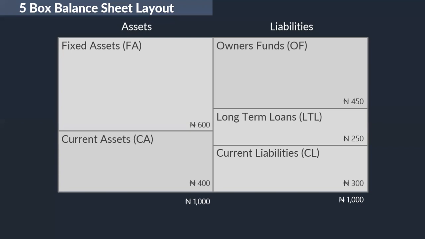So long-term loans and owner's funds are a long source of funds. Based on funding match, they are expected to fund only fixed assets, which are a long use of funds in our balance sheet. But looking at this now, you can see there's already a funding mismatch. The short-term side says current liabilities are supposed to be funding current assets equally. Now, looking at this, there's a funding mismatch, which means current is not funding current, long is funding long, and long is still funding current, which is not a good thing.